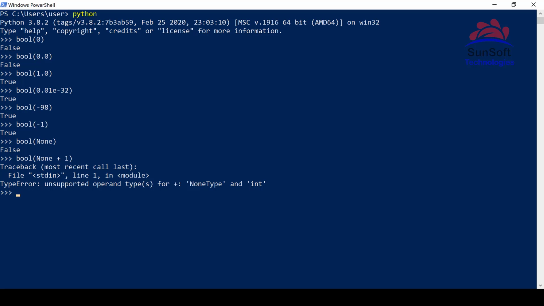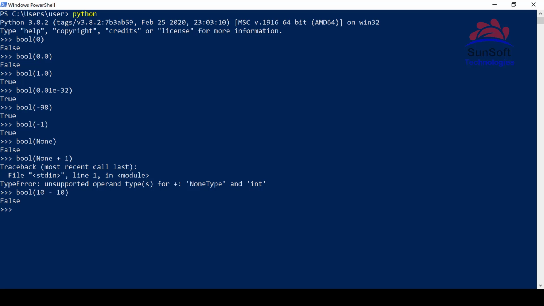What happens now? See, you cannot add 1 to None because operand types are incompatible. NoneType and int are incompatible. So you need to understand that as well when you are passing an expression. Now let's understand this. What will this expression do?